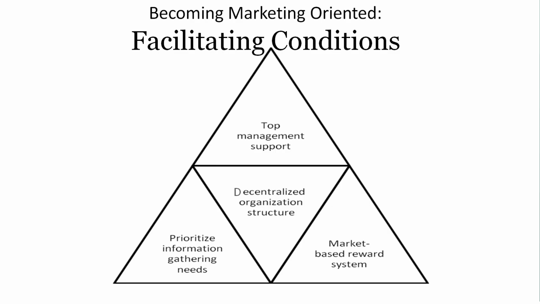So, top management support, decentralized organization structure, prioritization of information gathering and information sharing, and another very important point, a reward system that recognizes knowledge sharing, interaction, interactivity, integration, all that will make it happen. So, the key point here is that just intention is not good enough. Knowing that market orientation is good is not enough. To make it happen, resources have to be allocated, reward systems have to be properly tailored, and top management leadership